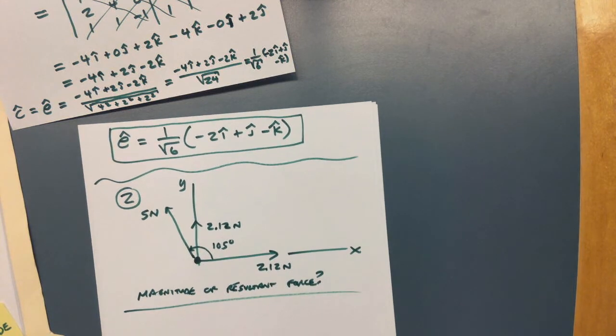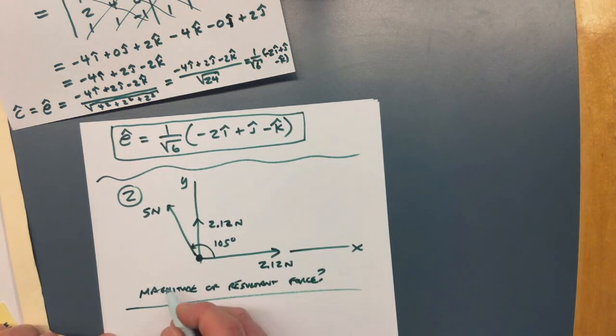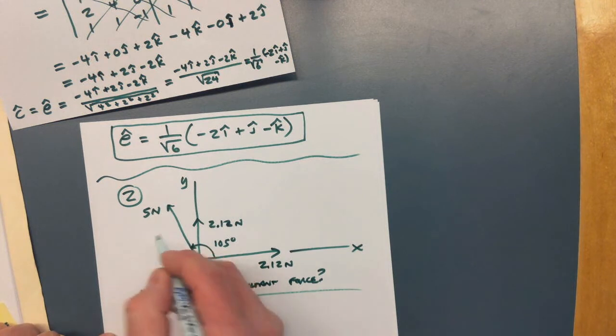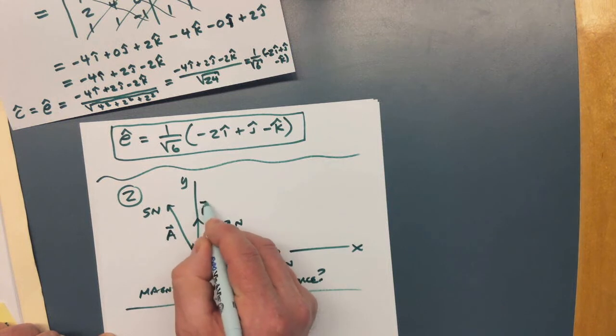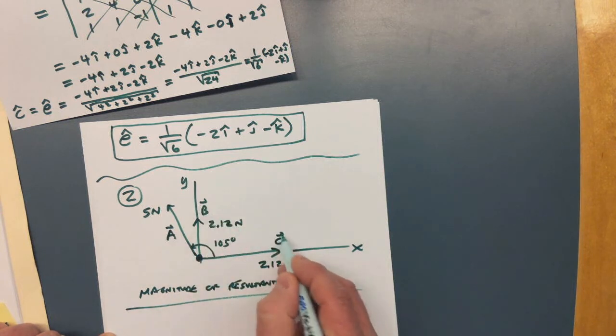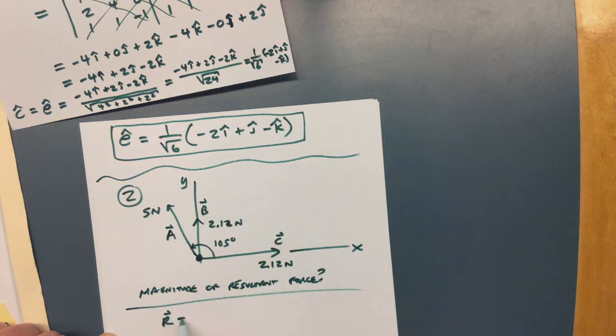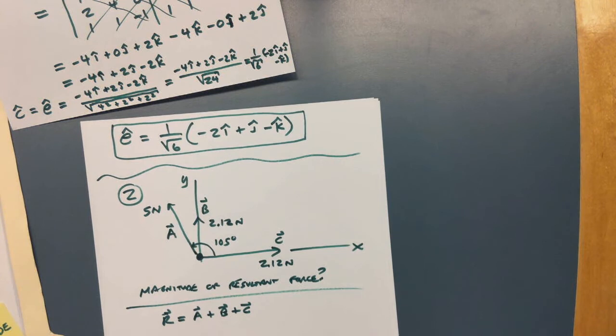So there's a few ways to do this. One would be to define these as vectors A, say B, and C vector. And so the resultant vector is A plus B plus C in vector notation, where the vector A is minus,